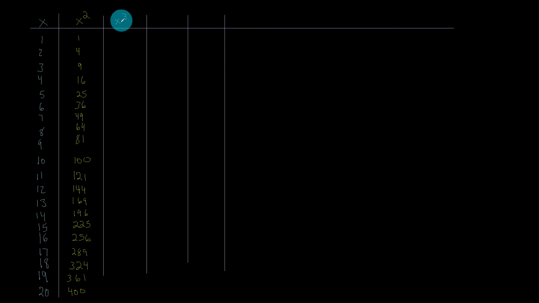Okay, so again, the variable is the value in the first list. So this time I have 1 times 1 times 1. Again, it's going to be 1. 2 times 2 times 2. Well, 2 times 2 is 4. Times 2 would be 8. Followed by 3 cubed would be 27. 4 cubed is 64. 5 cubed would be 125, and 6 cubed would be 216, and 7 cubed would be